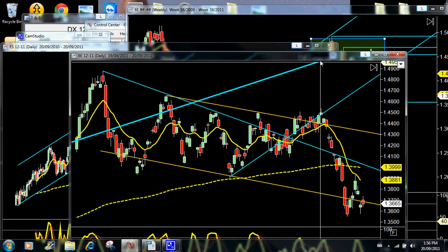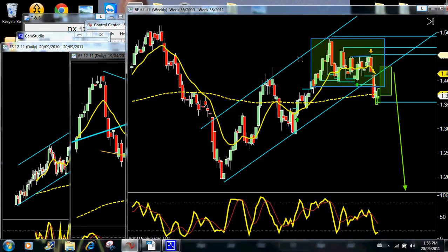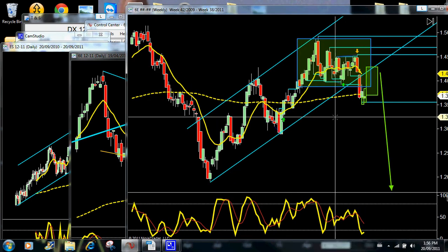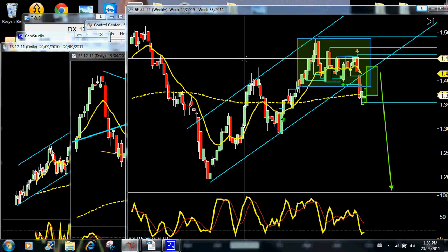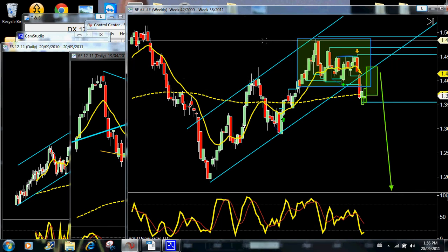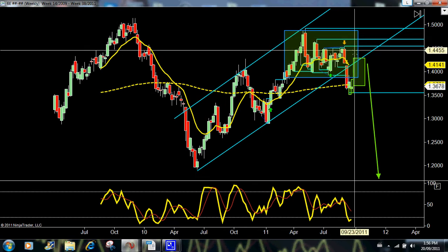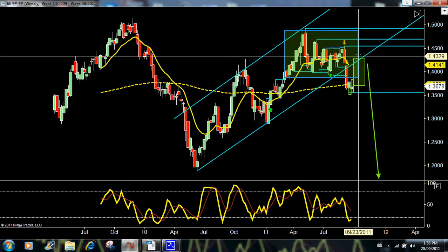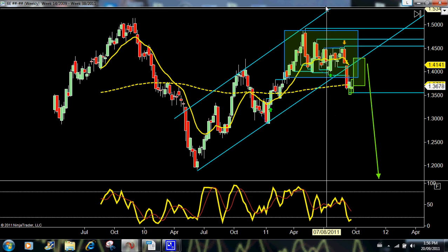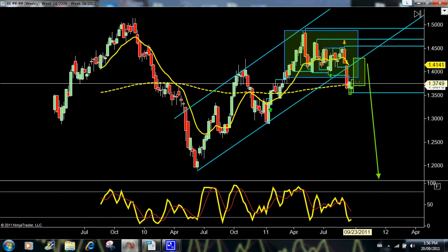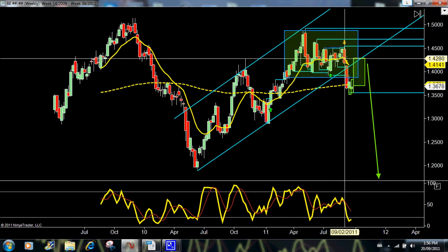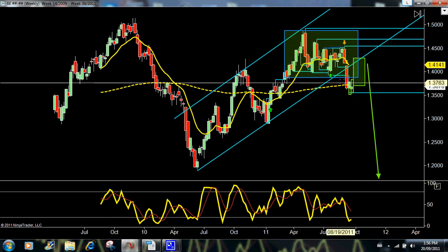However, we keep hearing all this news out of Europe about Greek debt fears and Irish debt fears, Portuguese debt fears. They're painting an ugly picture out there, and the euro can't go much higher, even though they're trying to push the US dollar down to raise the value of the stock market. So what's going to happen next is the question. Is this finally a breakout on this weekly chart of the euro here?